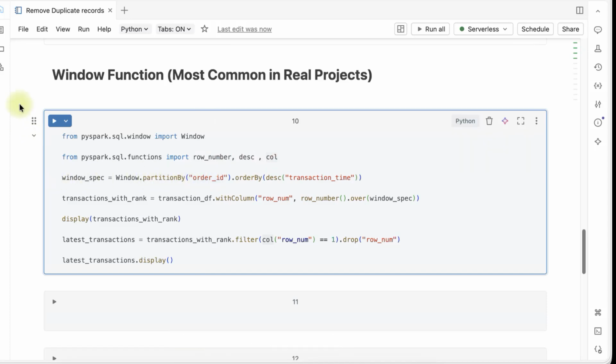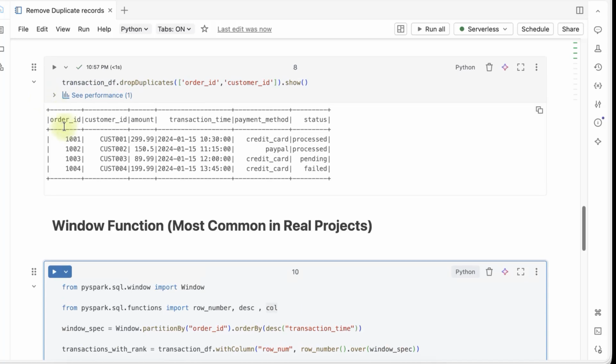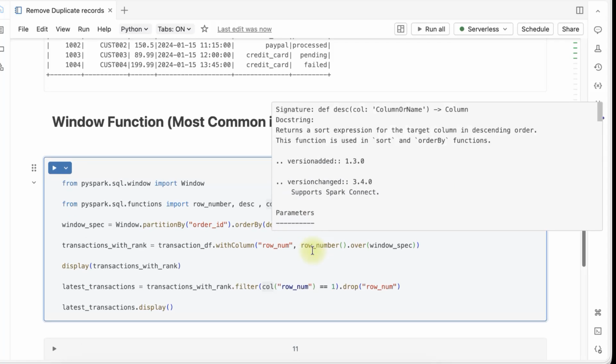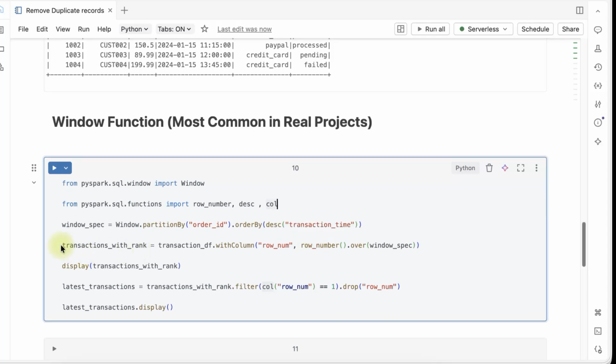I want to remove duplicates based on order ID, so the key column is order ID, and order by transaction time, which is in descending order. Here I am using the desc function to pick the latest time. Okay, and then we use the row_number function over this partition window, which is specified